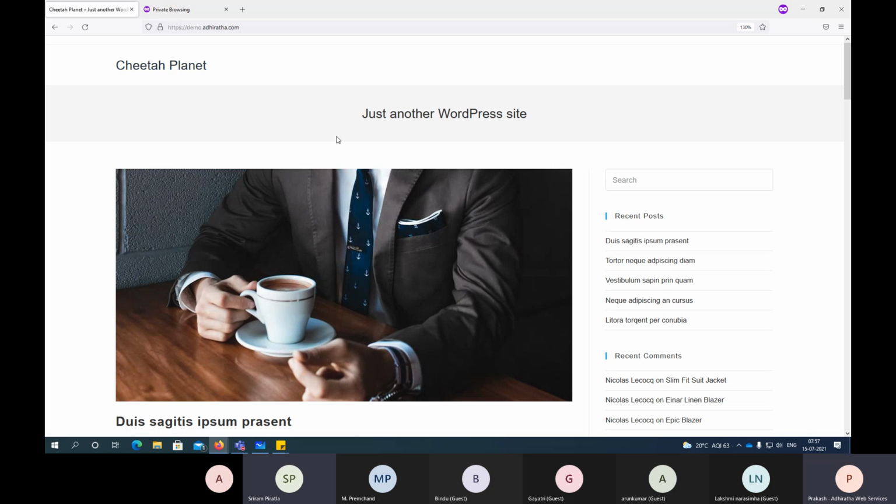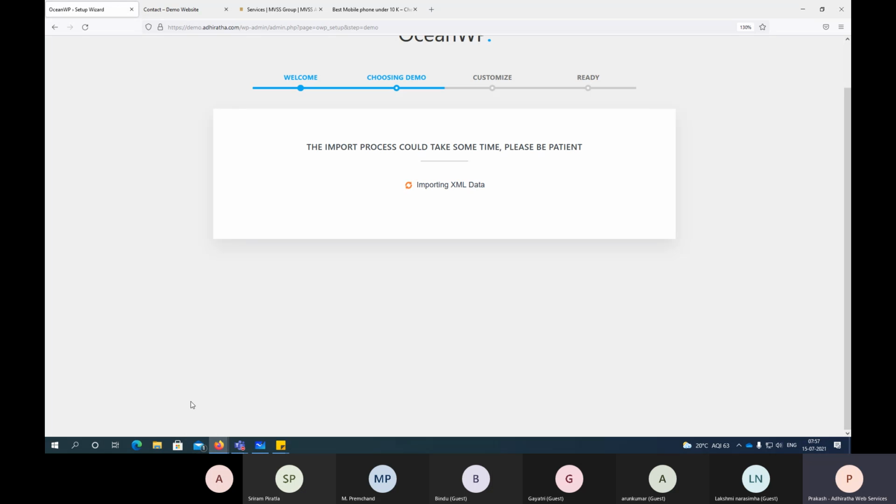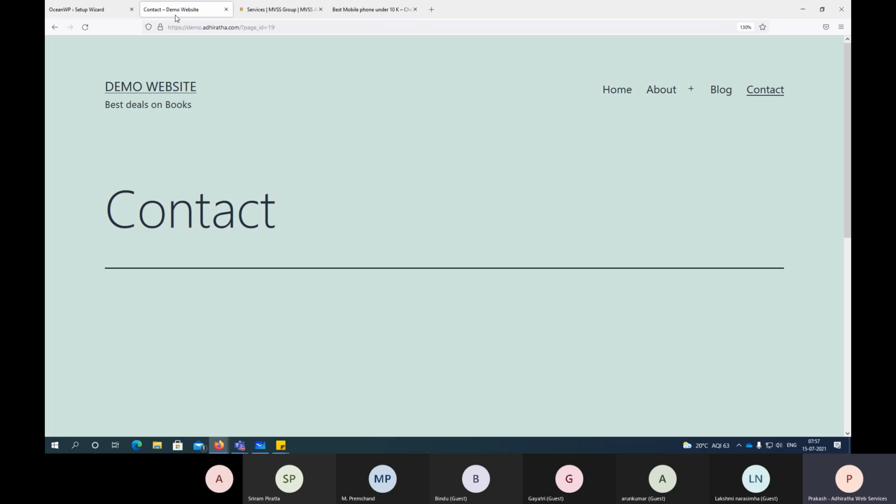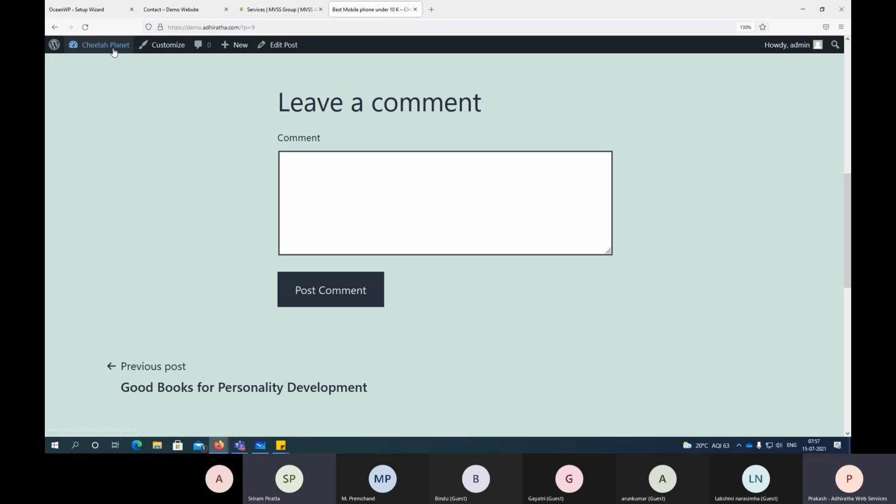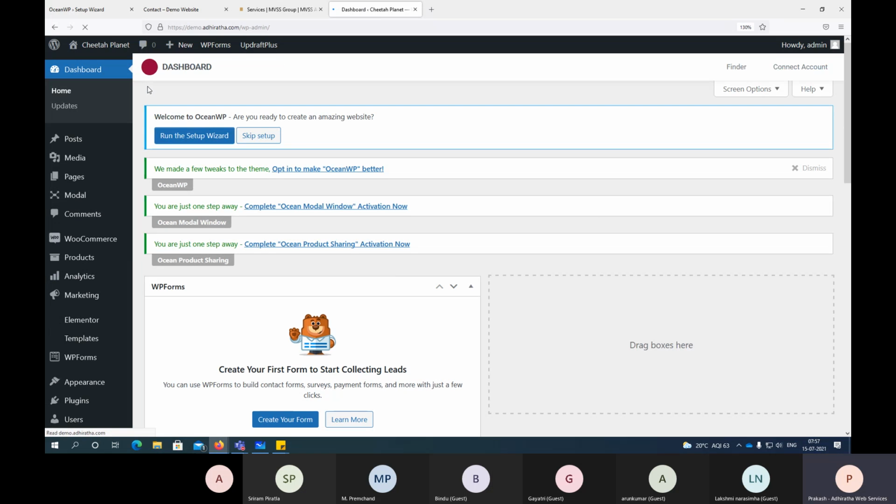If you simply have information, you can do. But when you have certain functionalities, those functionalities without these additional add-ons, you cannot get. For example, you have this classic editor I showed you, then I showed you the backup plugin. Those things you will not be able to get.